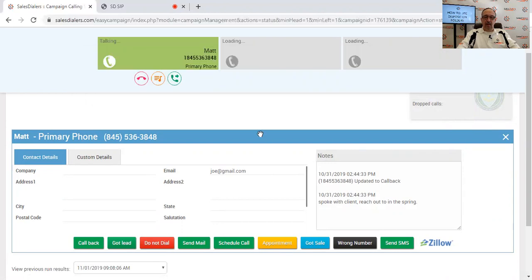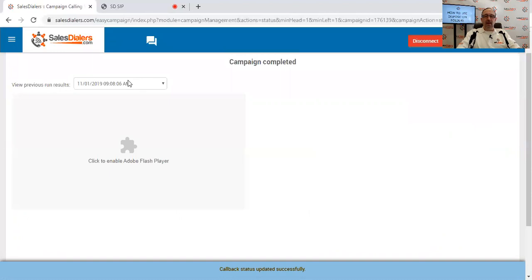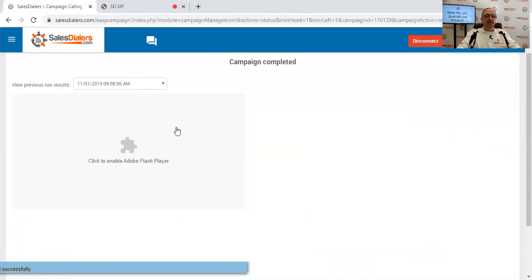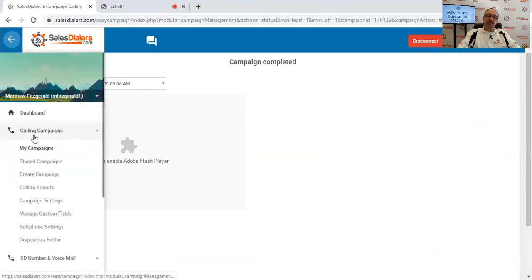And then as I continue on with my call, of course, at the end of my call, I'm still going to disposition the call. I'm going to disposition this particular one as a callback. And then, of course, we'll hang the call up when the call is complete. So we have now moved that contact over into that 60-day disposition folder. Now, when the time comes and you need to make use out of that folder, in this particular case, say 60 days from now,